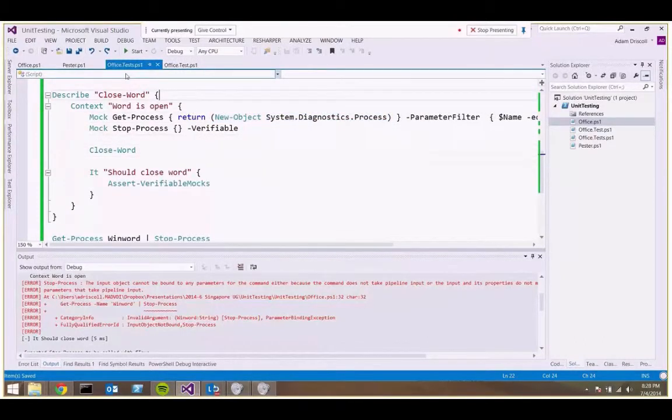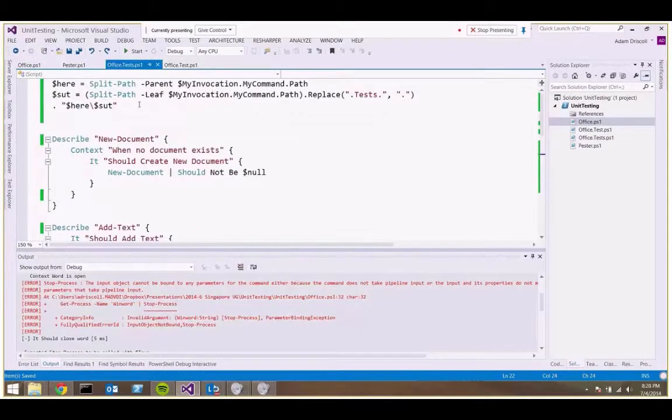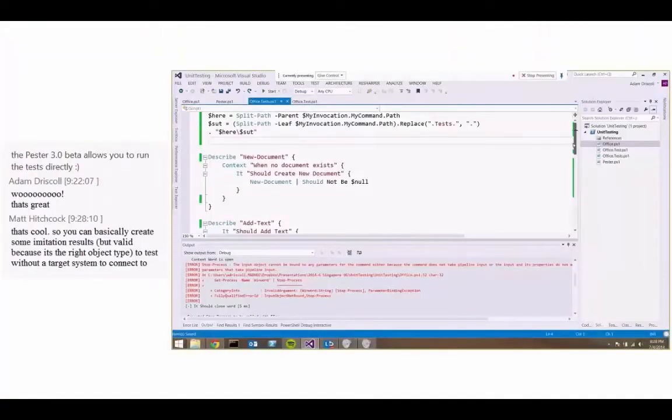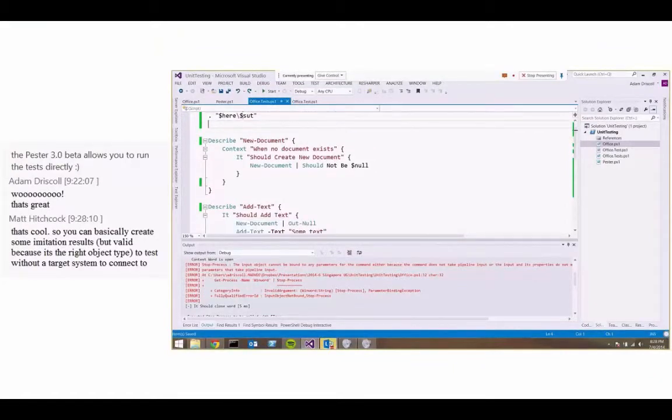So that's really powerful. I know that's kind of a crappy example, but you can use this to stub out all kinds of things inside your modules. One thing I noticed is you can't use import module, I don't think. I think you can only dot source it. I was trying to do import module before and it was not working. All right, another really cool thing about Pester